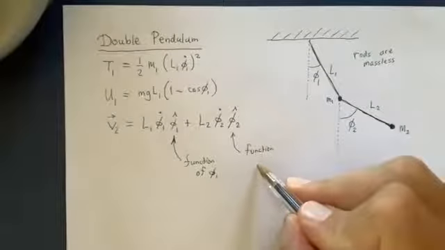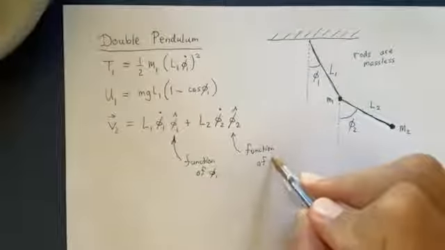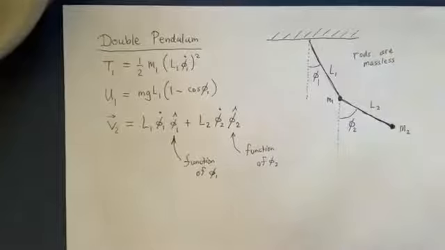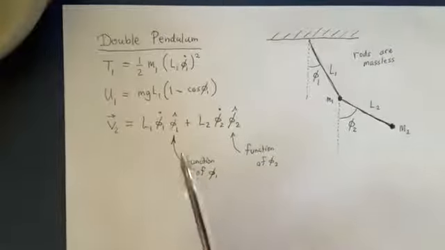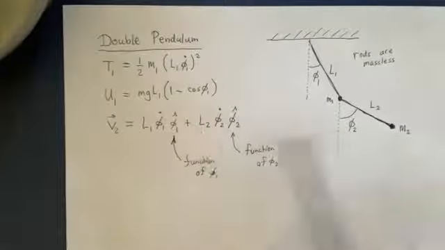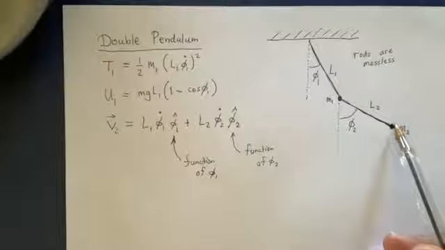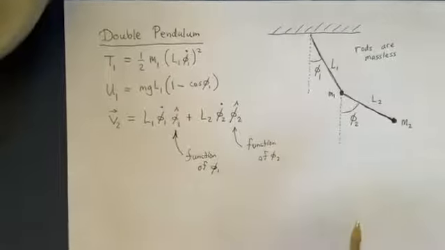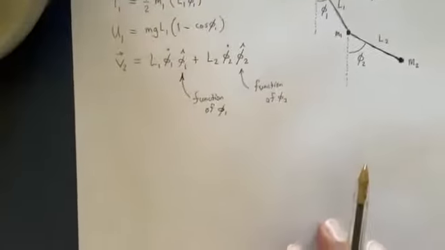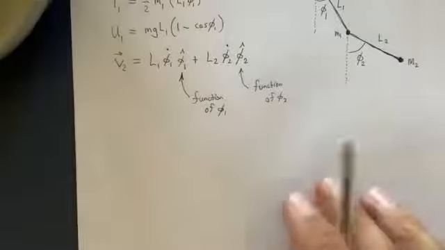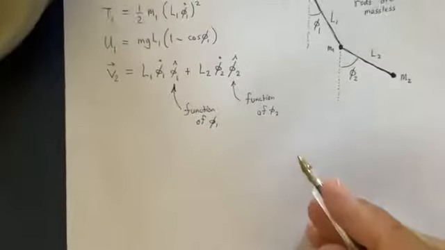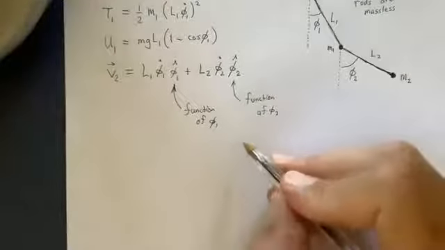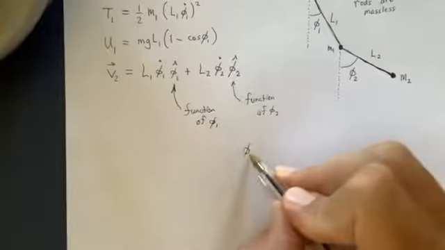But this is a function of phi2. Okay. And notice this is a vector sum. So the velocity vector of this mass here is the sum of these two velocity vectors. The crucial thing, and we're going to skip some of the algebra here, is that we're going to show that the dot product